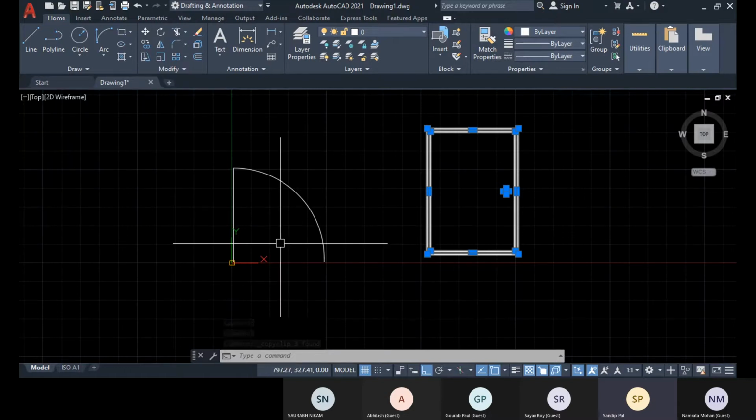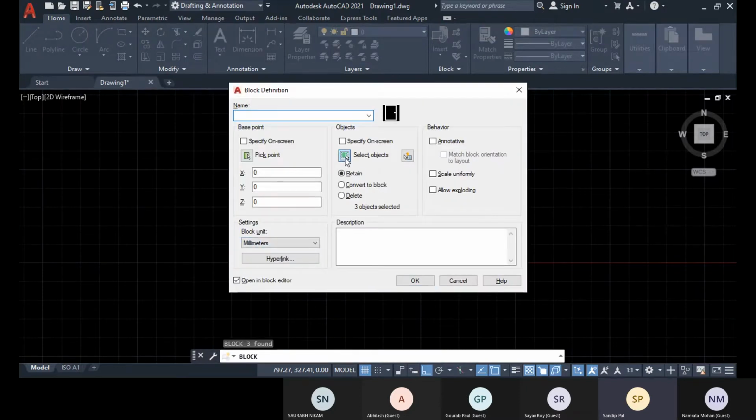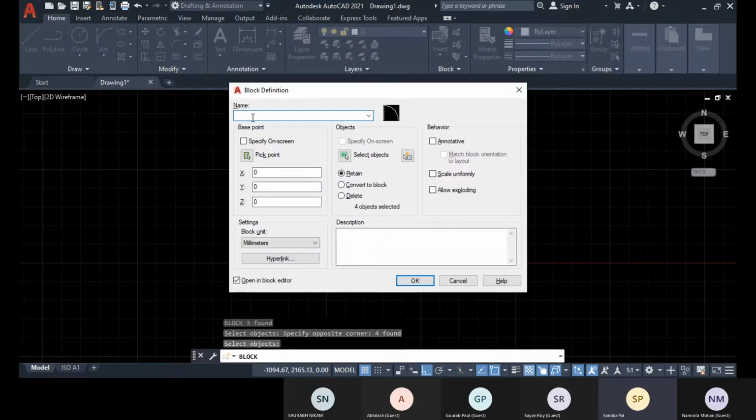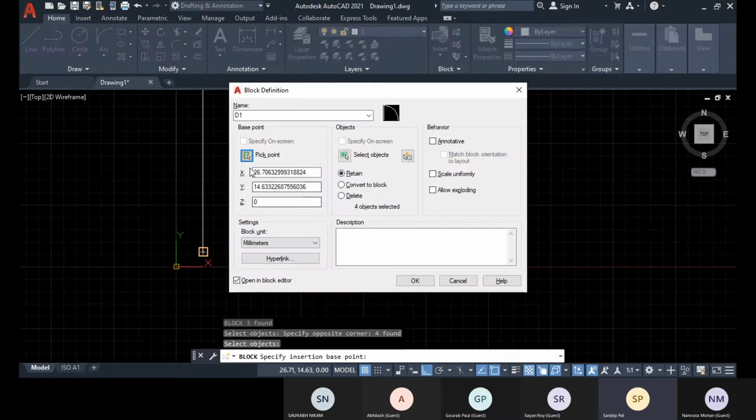Okay, so let me show you with B enter block, and same select objects, select this as an object, enter, and you give it a name like D1 or D or door, and you specify the point, and this is your block unit. You can go to block editor while you are creating, and even after that also you can go to block editor for placing all your parameters in action to create it as a dynamic block.